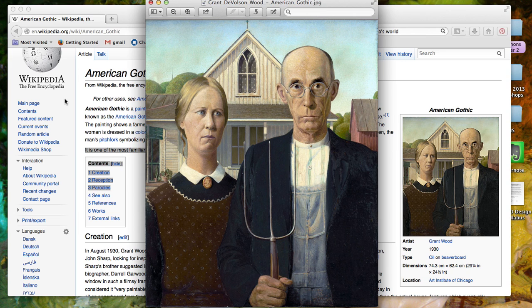This painting, when I move on to the interpretation of it, I'm guessing that this painting is of a married couple who owns a farmland. Knowing more about this painting, I know that it comes out of the regionalism movement, and so what